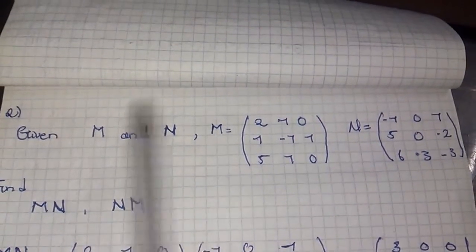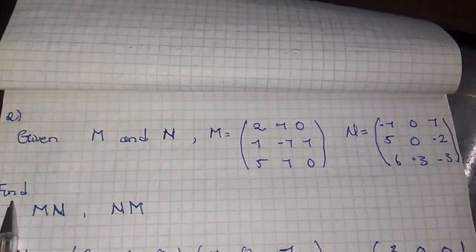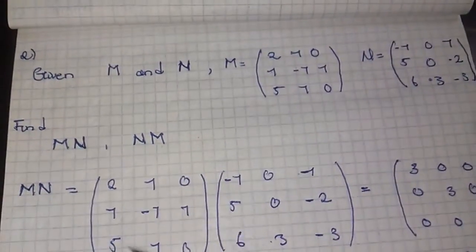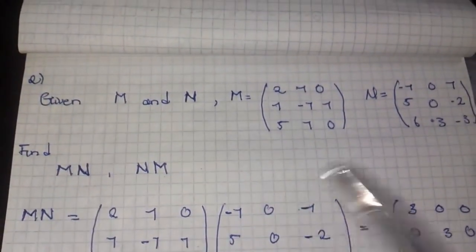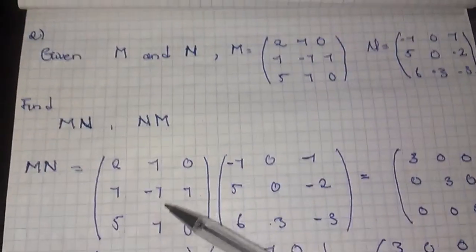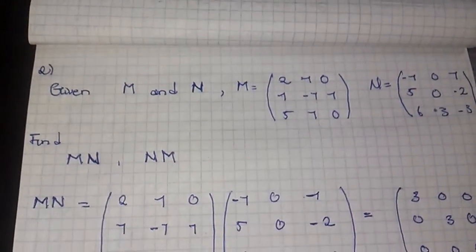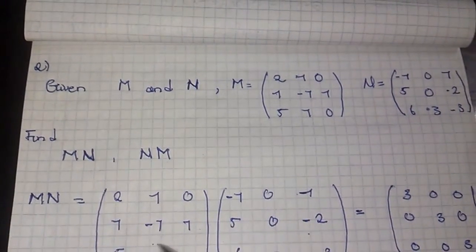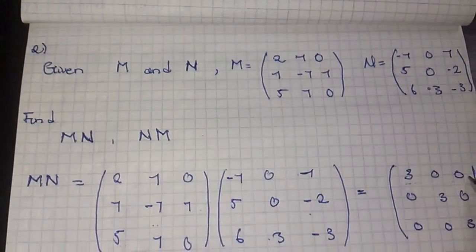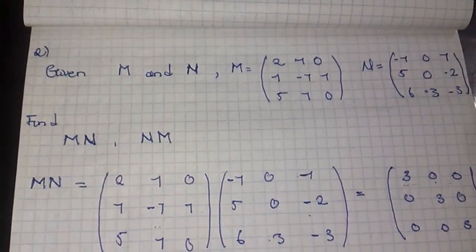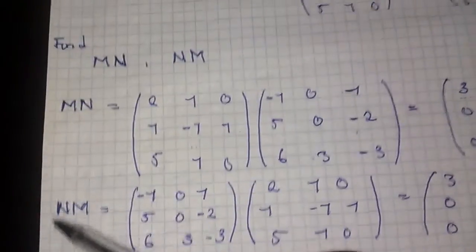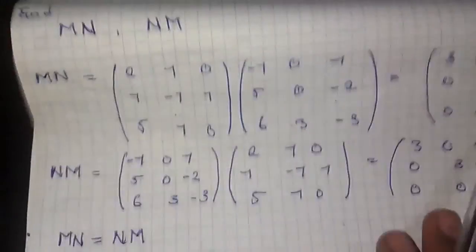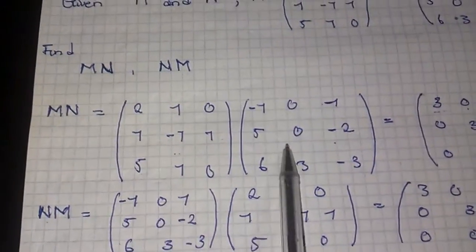Given M and N, the two matrices, they say we should find MN and NM. For time saving, I started looking for MN and NM, and I had some surprise. But for the sake of those that don't know how to calculate the multiplication of two matrices, I will do just this first row to show how the rest came out, and to show how I calculated M times N and N times M.